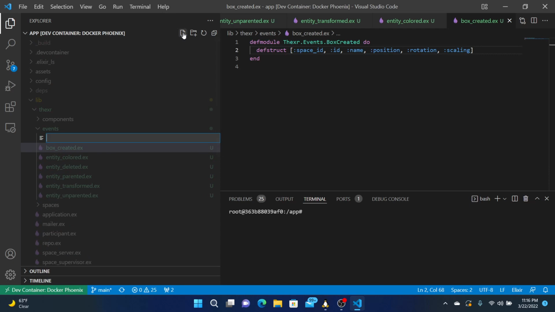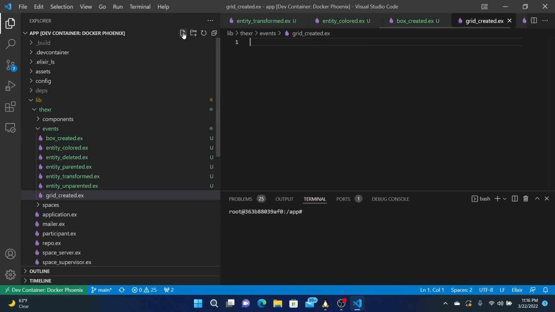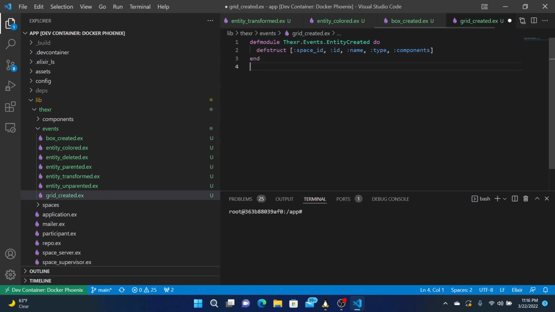We can have one for a grid created, and this would be grid created.